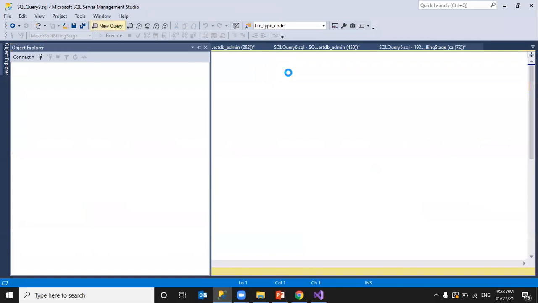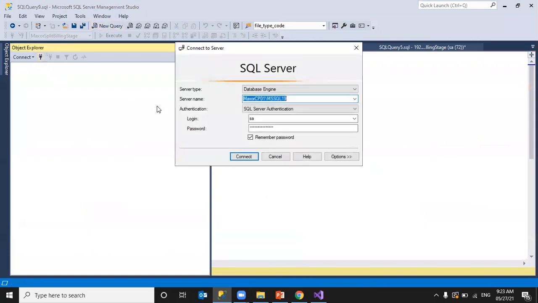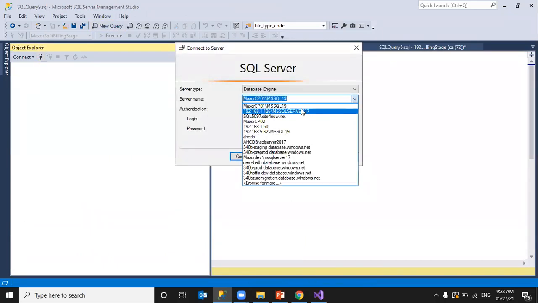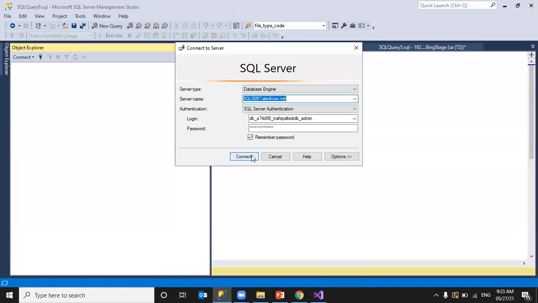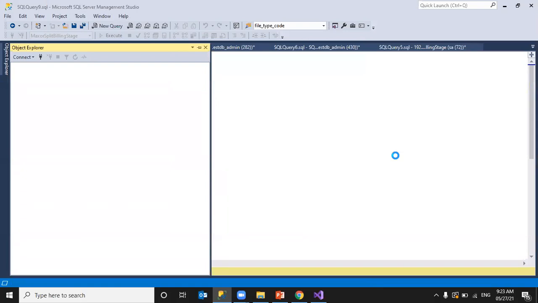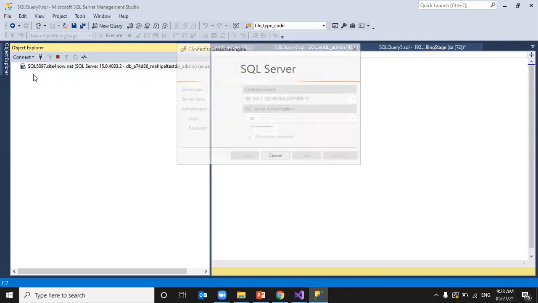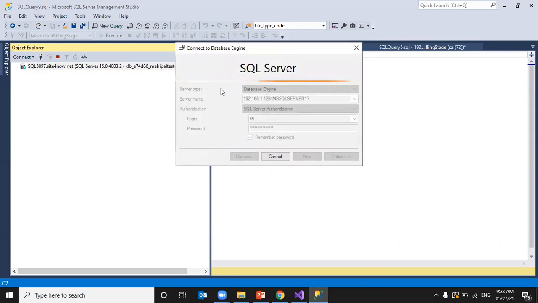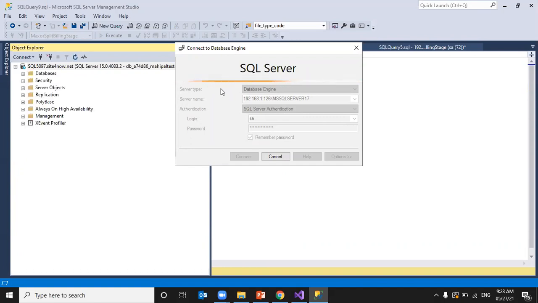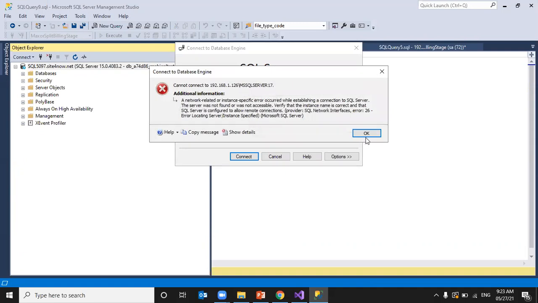Let me connect to my server. Just connecting to the database and we'll see what are all the records I have. Then we'll take one ID.